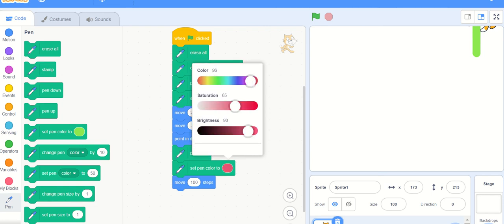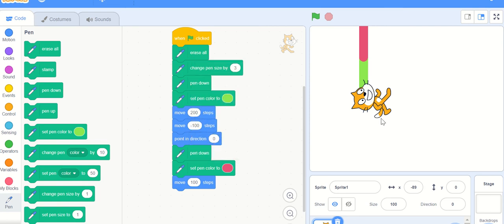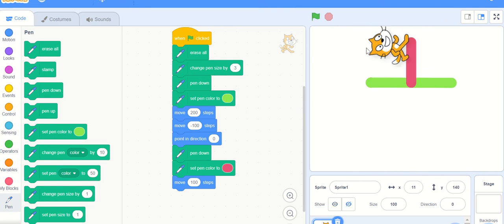Now what is actually happening here? This time the direction of the sprite is up, so first we will change the direction to 90 degrees, and now I will make this plus. Now you can see that here we have drawn a red line half up.